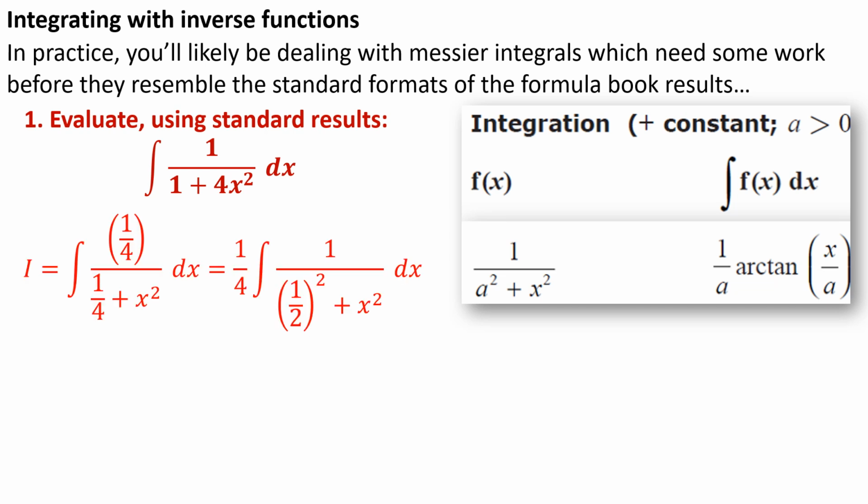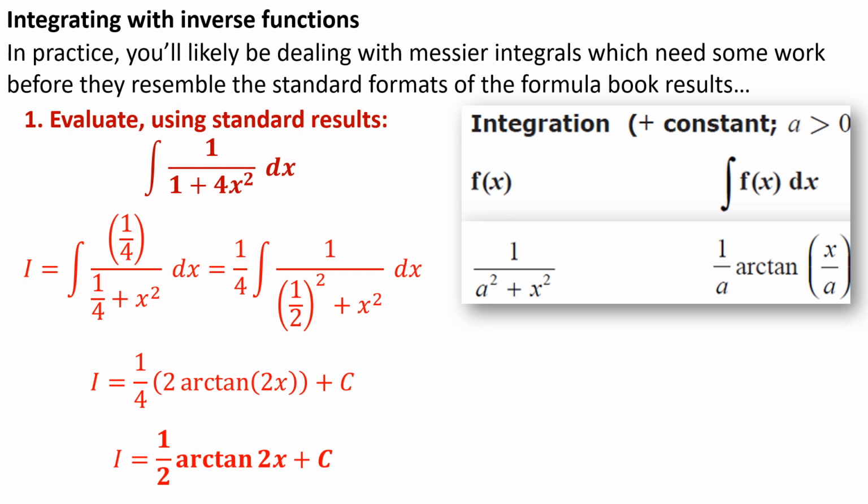However you choose to do it, it's going to end up looking like something resembling one of these. And then it's also worth replacing the quarter with a half squared. Even if it was a third, I'd replace it with 1 over root 3 squared so that I could more easily pull out for myself and extract the value of a. As soon as I know what a is, in this case a half, I can apply the standard result from the formula book. And of course, there's just a little bit more simplifying required here, and we've got the result,